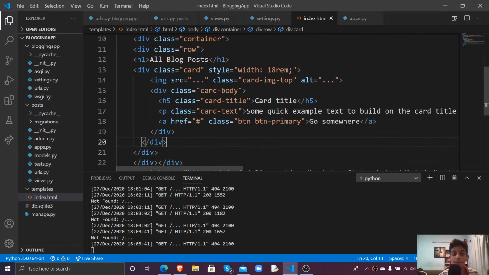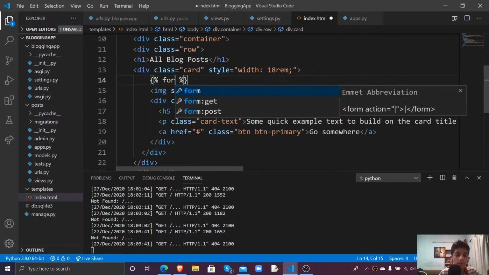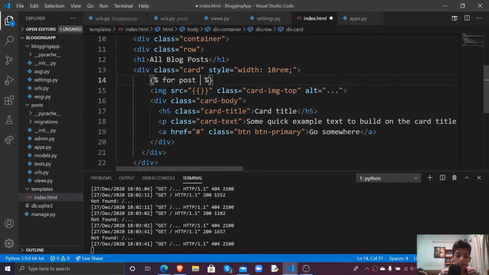Now here we'll have to use something called Jinja to go and edit this HTML, and when Django renders it, it'll check this Jinja formatting and then it'll make changes to the HTML. So the first thing is we'll have to go and use this. Exclamation mark inside the square brackets. For post in posts,